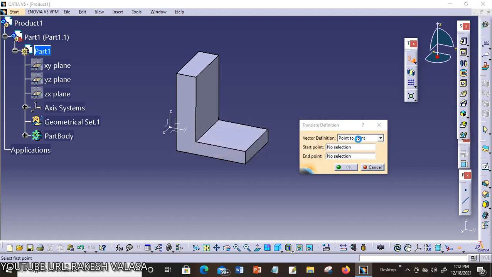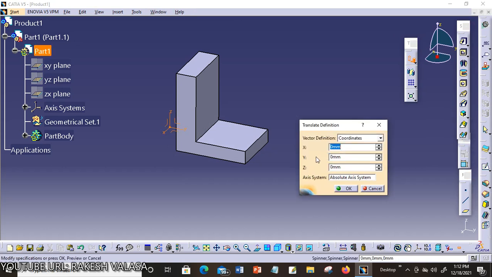The third option is coordinates. If you select the coordinates option from the vector definition drop down list, you need to specify only coordinates. Initially, it shows the default coordinates x, y, z as the origin point, that means x 0 mm, y 0 mm, z 0 mm.